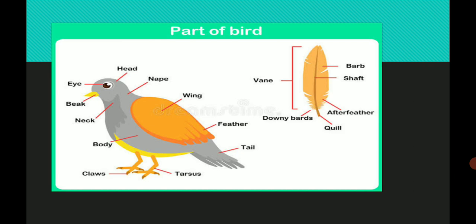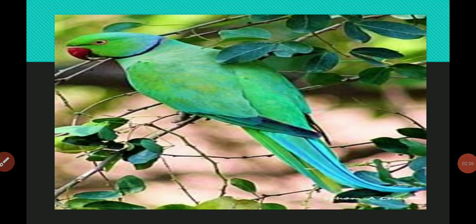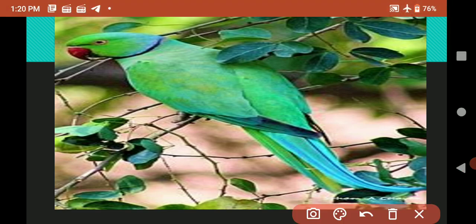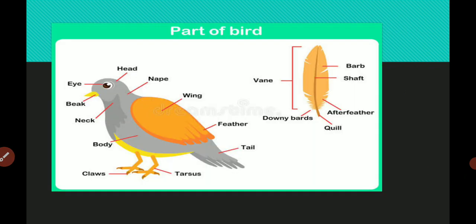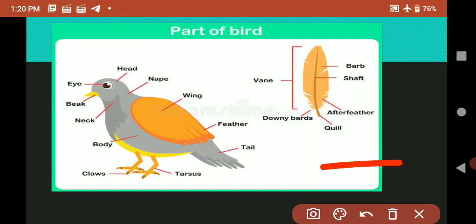Now all of you look at this one. This part is called head. This part is head. This part is called nape.